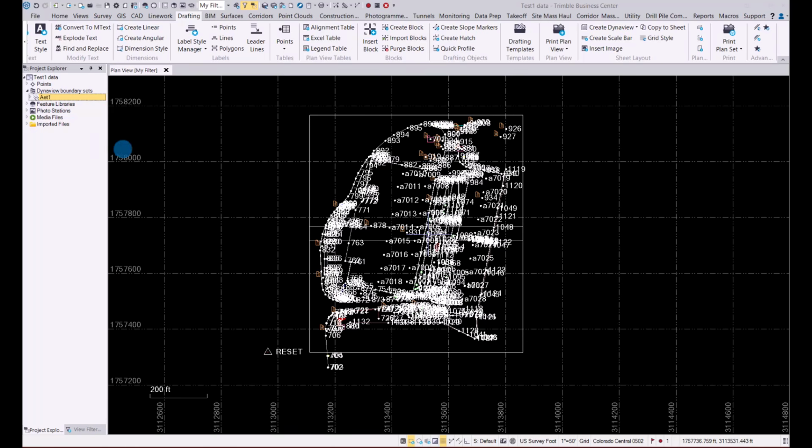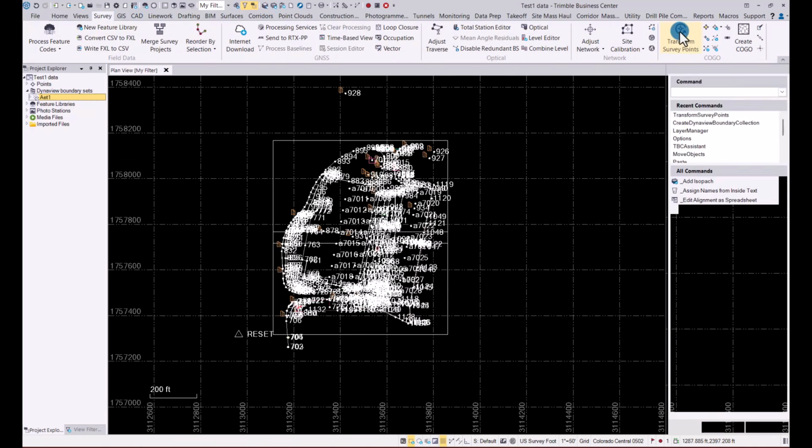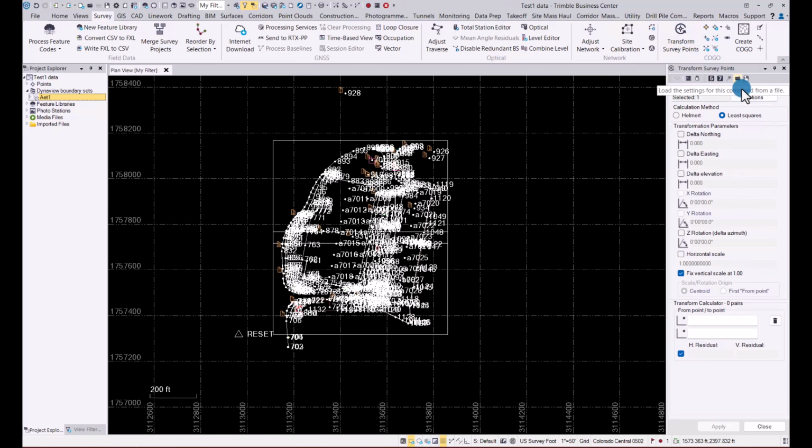Another enhancement we made in TBC for those that do transformations and would like to be able to save those transformations and actually use them on different projects when you need to use the same transformation. If you go in here, you will now see the option of loading a transformation that you previously did, or you can save it. So let's say you get